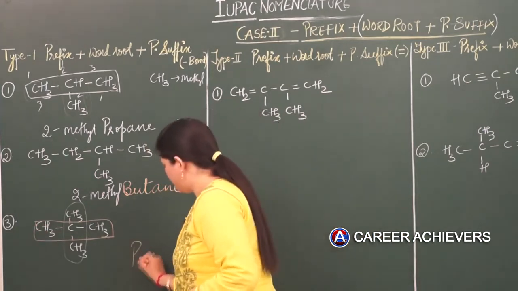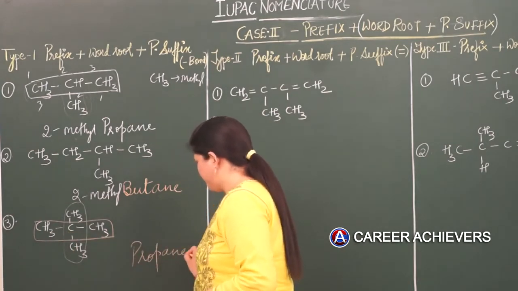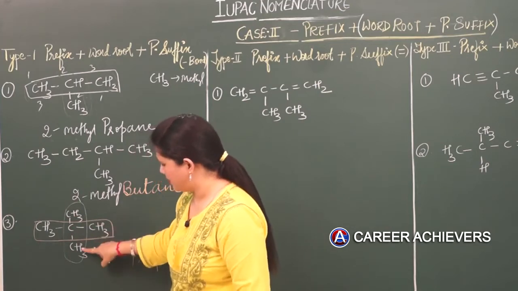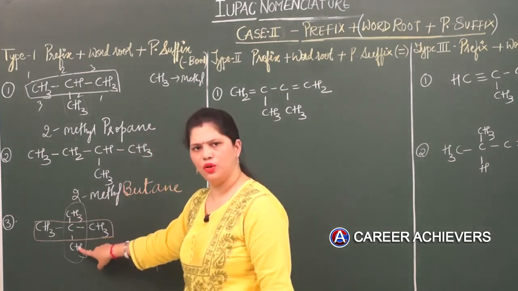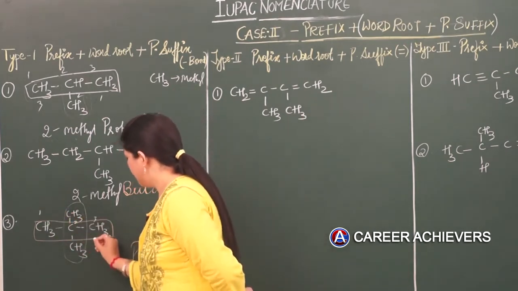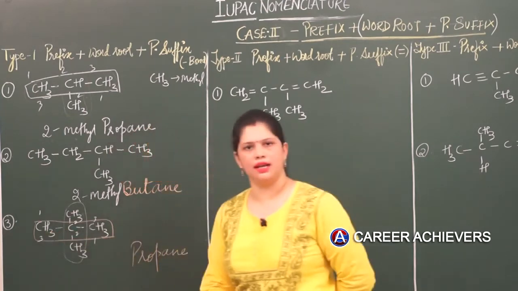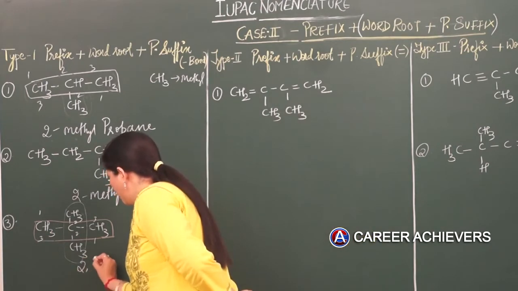So the word root for this would be prop, everywhere single bond, so ane, right? Now we need to tell about these prefixes, which are 2 methyl groups, one from the top side, one from the lower side. From both sides of numbering this is getting the position as the 2nd carbon only. So the name for this molecule would be